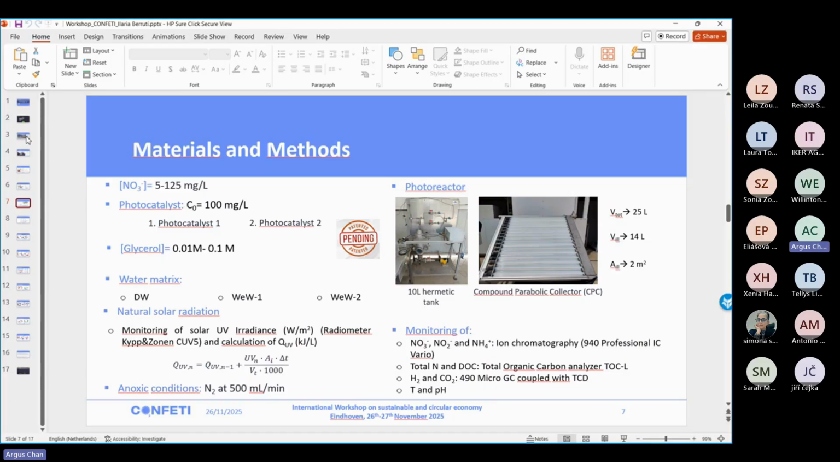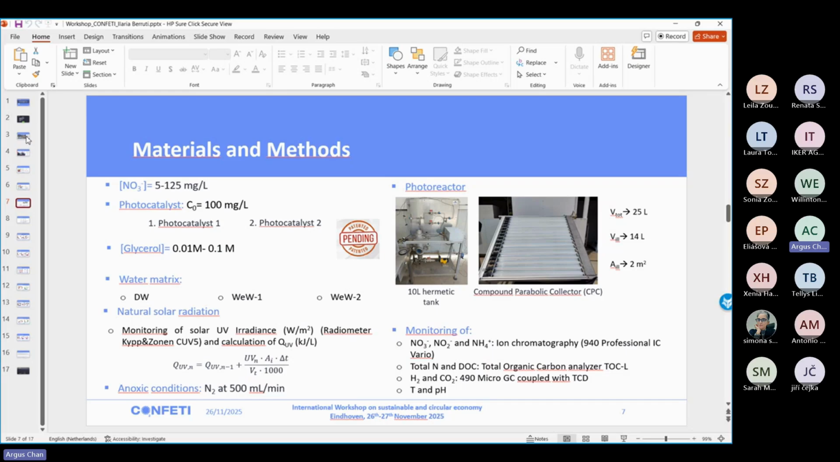Different water matrices were assessed. All the experiments were carried out under natural solar radiation, monitoring the solar UV radiance to calculate the accumulated energy for comparison purposes. As I said before, it's important to have the anoxic conditions, which were obtained by purging with nitrogen. And here we can see the photoreactor, in which, through the hermetic tank, the anoxic conditions were obtained,